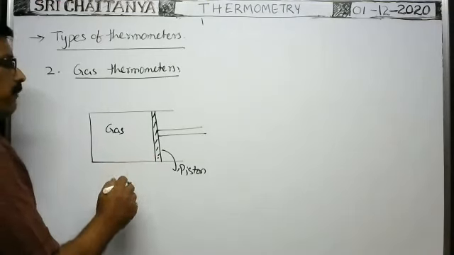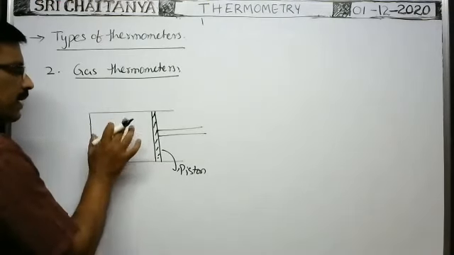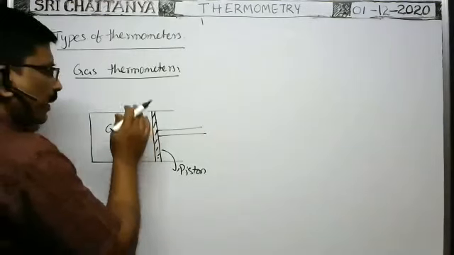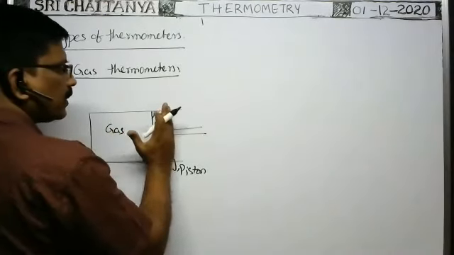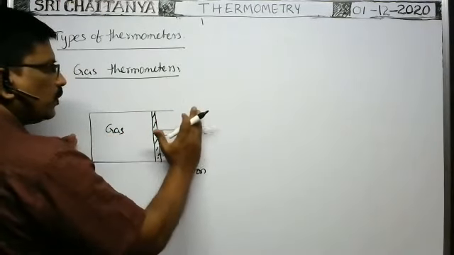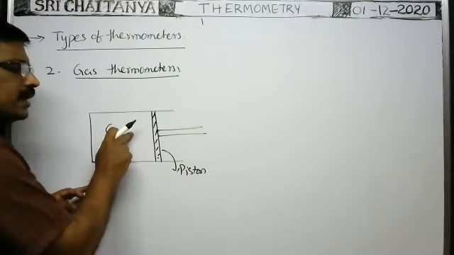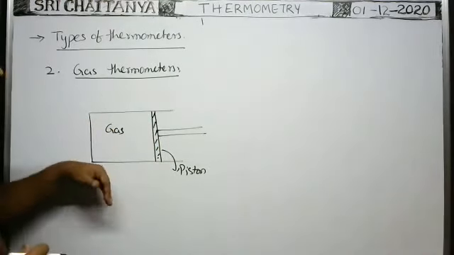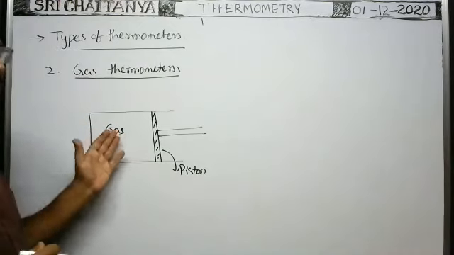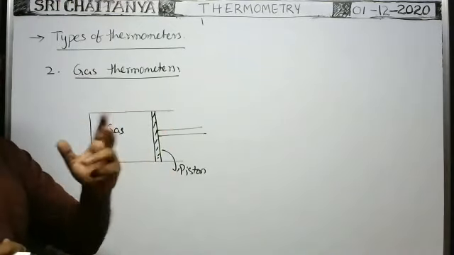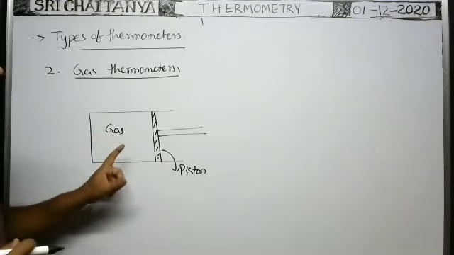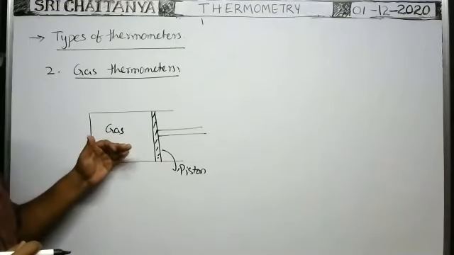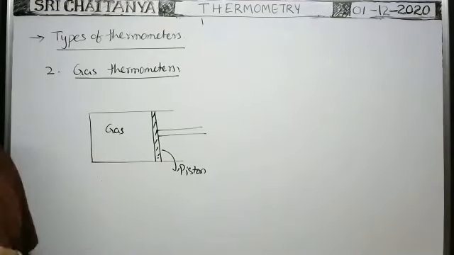In other words, whenever heat energy is supplied and the pressure increases, to maintain the pressure constant we have to move the piston away. When the piston is moved in this direction, we can maintain the pressure constant. So by keeping pressure constant, if you supply heat energy, due to the rise of temperature the volume increases. That is according to Charles' law. When you keep the volume constant and increase the temperature, then the pressure increases. Already you know the gas laws.